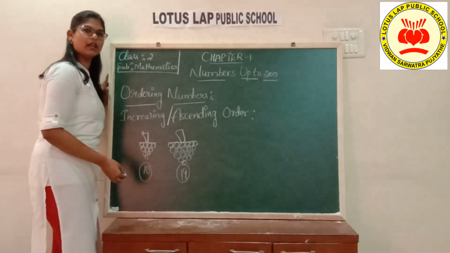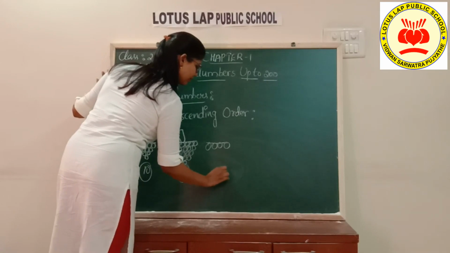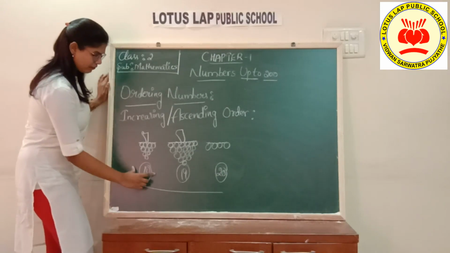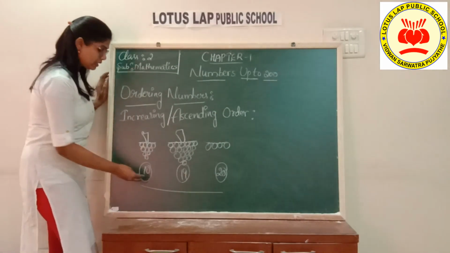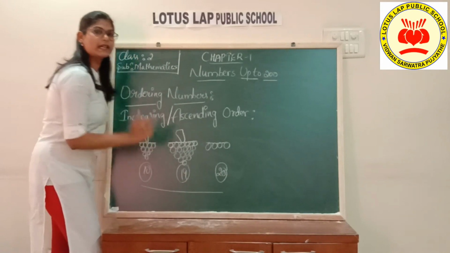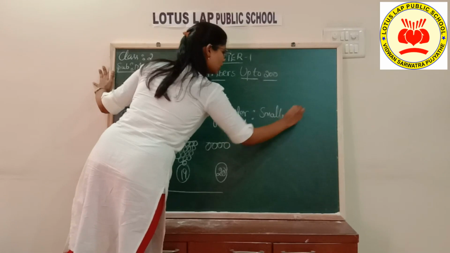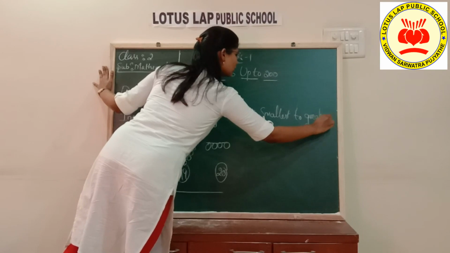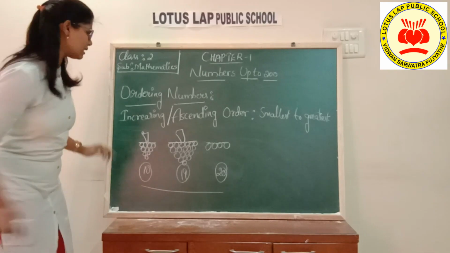have. Okay, here again the number will increase. Here suppose I have 20. Okay, what are you observing here? Here we have 10. Here we have 19. Here we have 20. The number is increasing from smallest to biggest. Numbers we write from smallest to greatest is called increasing order. Okay, let me tell you one more example here.